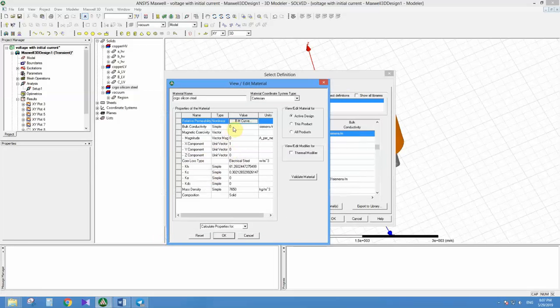The thing that you should consider is bulk conductivity. Bulk conductivity should be zero when you use laminated steel. The laminated steel doesn't allow the eddy current to begin, and we laminate the core to eliminate the eddy current. So if you use lamination, like here in the transformer, you have to set the bulk conductivity